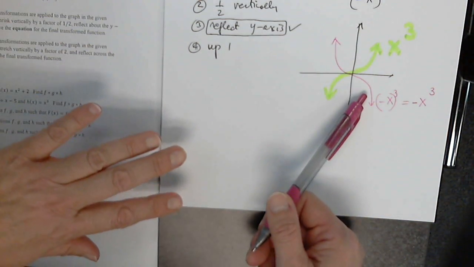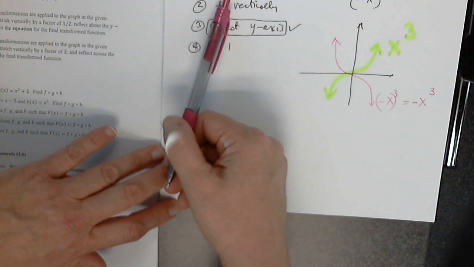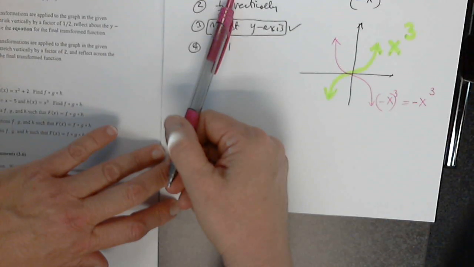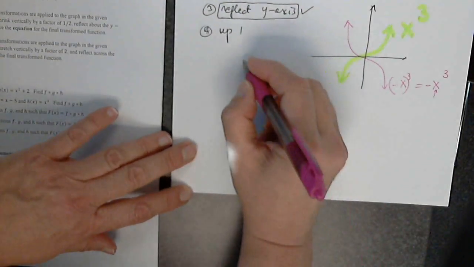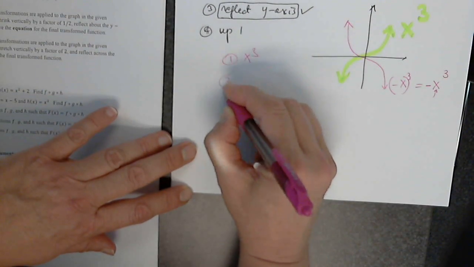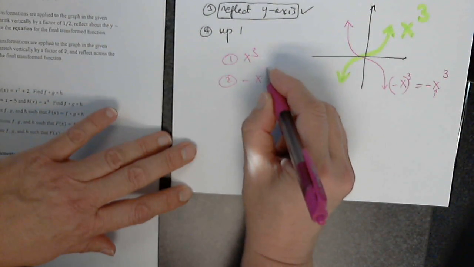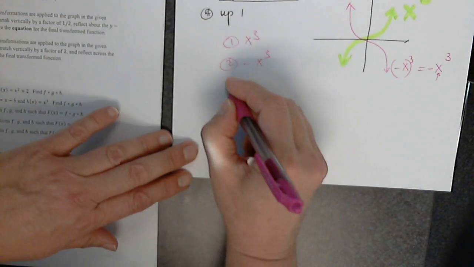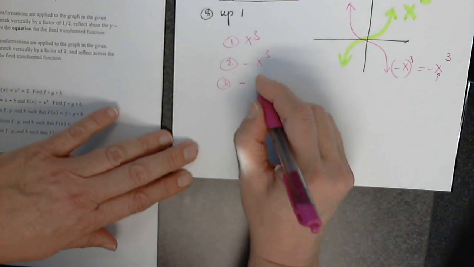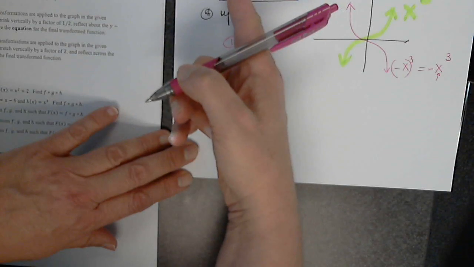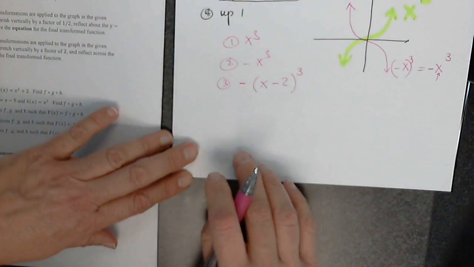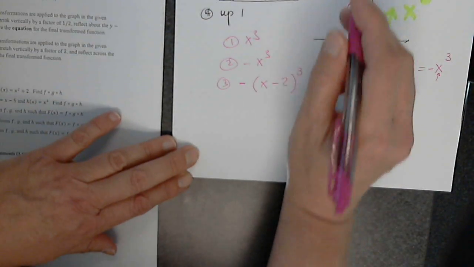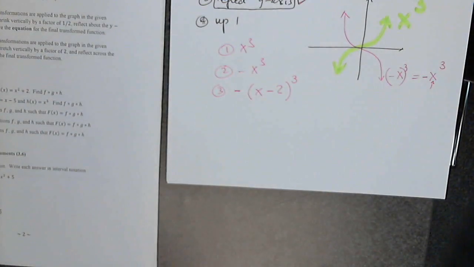Now this purple graph has to be moved 2 to the right, but inside, right? So x cubed was number 1, and number 2 will be negative x cubed. Number 3 will be negative stays outside, and I have x moving 2 to the right. So this is x minus 2 to the third. So now this is done. Now vertically